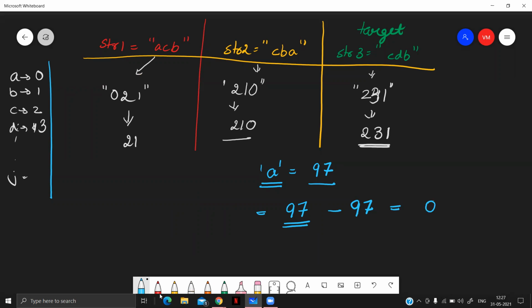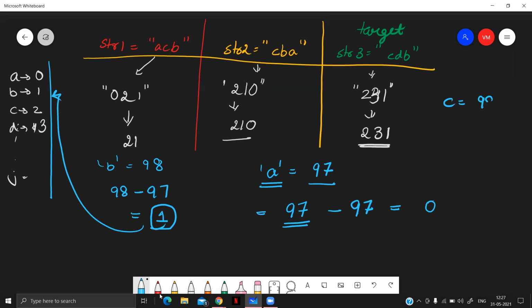So for a, we will get 0. We know the ASCII value of small b is 98. And if we subtract 97 from 98, then we will get 1, which is the corresponding letter value of b. Similarly, the ASCII value of c is 99. And 99 minus 97 is equal to 2. And this is the corresponding letter value of c. So this way we can calculate